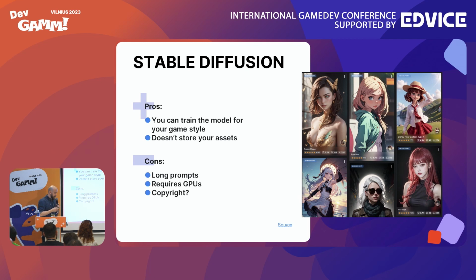And also, there is an issue with copyright. In fact, with all the generated images, there is an issue that they are not protected by copyright law. And it's better to use them as concepts of characters or whatever, and after that, overpaint them. Or, of course, if it's a one-time image, one-time banner, maybe you can generate it with Stable Diffusion or other neural nets and use it. But yeah, remember that they are not protected.